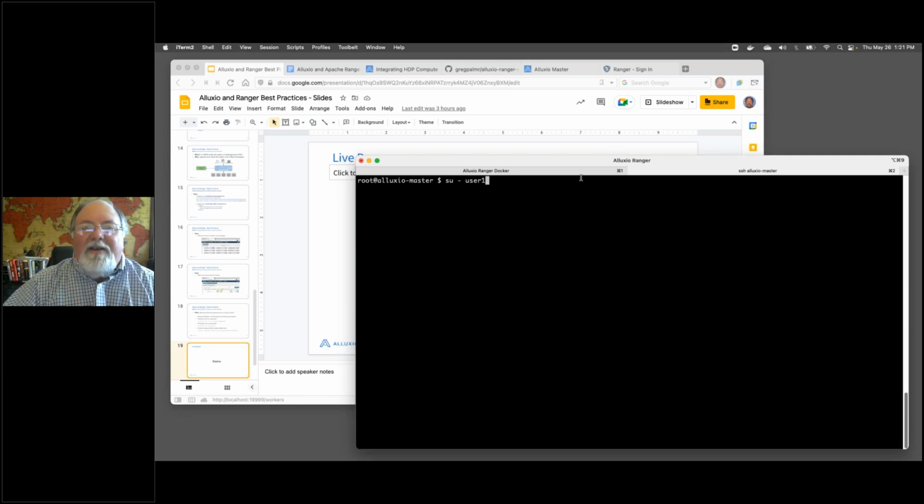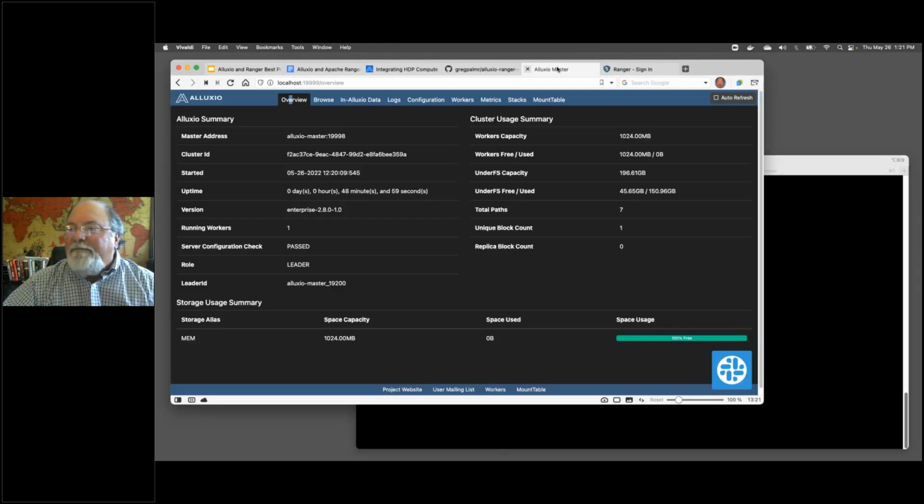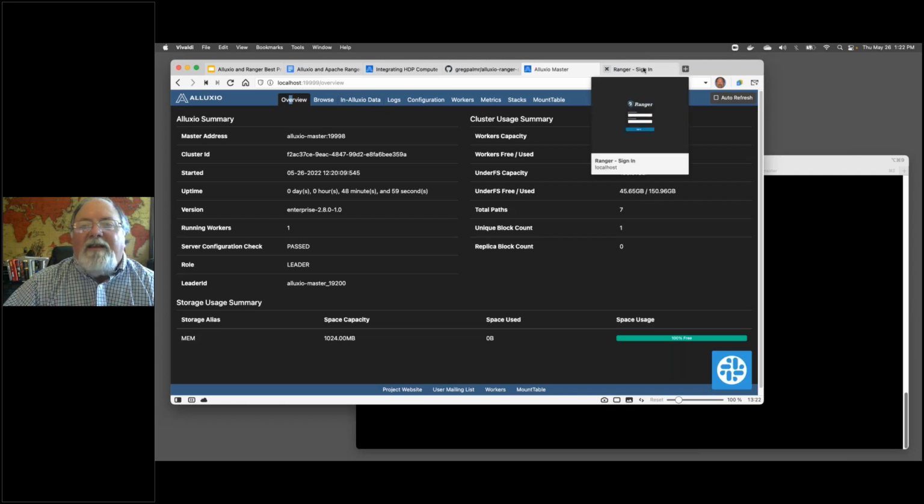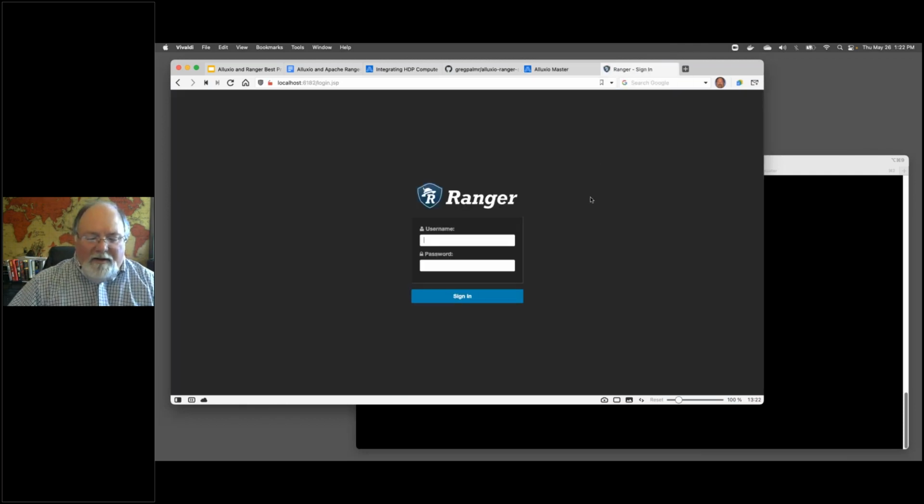Okay, so what I have here, I'm going to bring up a couple things. This is an Alluxio web UI. If you've ever used Alluxio, you're probably familiar with it. It gives you an overview of how many worker nodes are online. This one is a very small cluster, I only have one. It shows me who the leader is. I only have one leader, or one master, but I could have had 3 or 5 or 7. I can browse data. I can look at worker node stats and things like that. I also have an Apache Ranger console, so I'm going to log into that as well because I'm running Ranger in this environment.